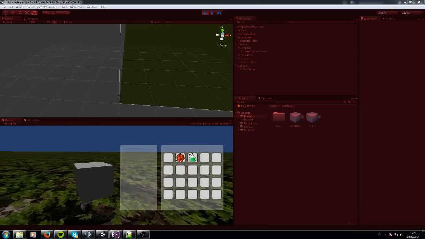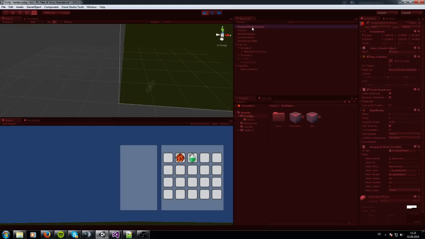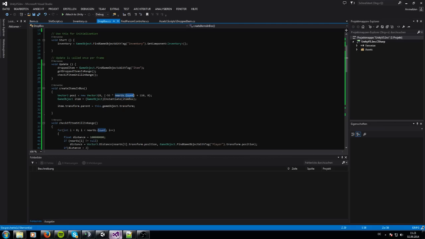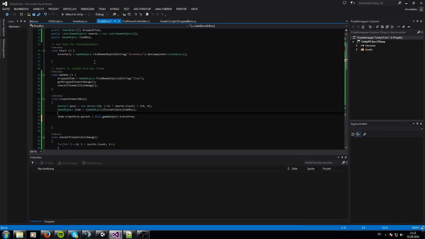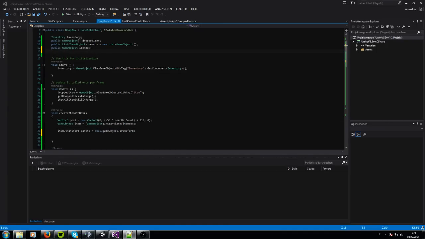Okay, it's still here. Okay, but yeah, we do not change the position of this item. I forgot this, I'm sorry. So we need to get the component of the... no, first we need a list of every item box which we have in our Dropbox. So we need to create another list. Now we call this public List<GameObject> listItemBox, I call this, and new list,